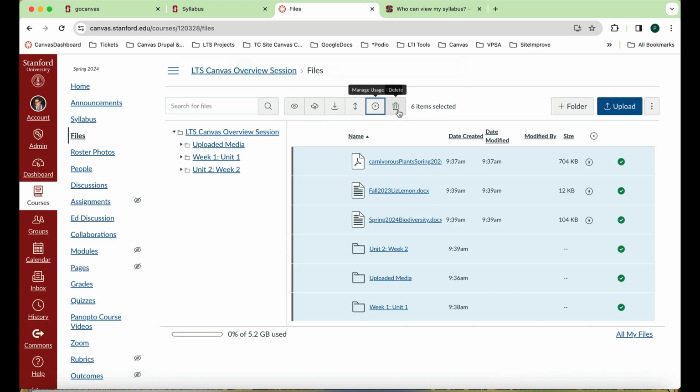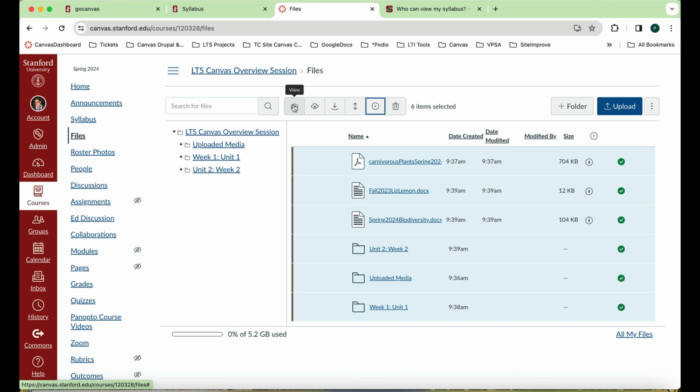I can also delete content. I can move content around. I can download all the content as a zip in a CSV file. And I can manage access, which means I can lock down a particular document, a file, or even a folder between a specific day and time, so it's not accessible to the students within that window. And I can also view all the documents in a toggle screen one by one.